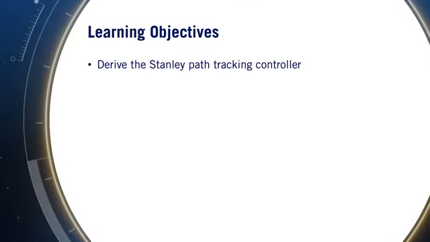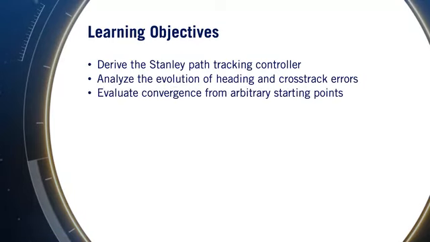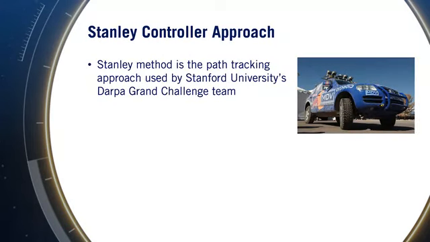Specifically in this video, you will derive the Stanley geometric controller, analyze the evolution of its steering commands for small and large errors, and evaluate the control performance in the form of convergence to the desired path from arbitrary starting conditions. Let's get started. The Stanley controller is a geometric path tracking controller, which is simple but useful for autonomous